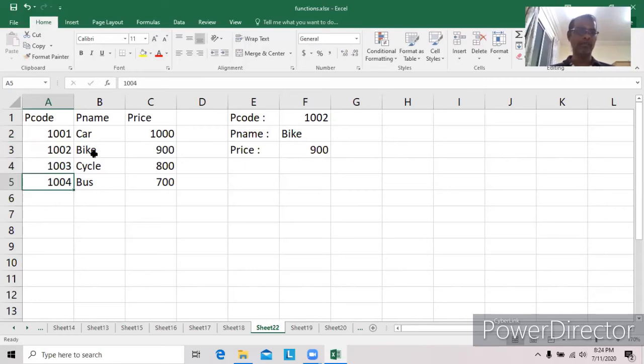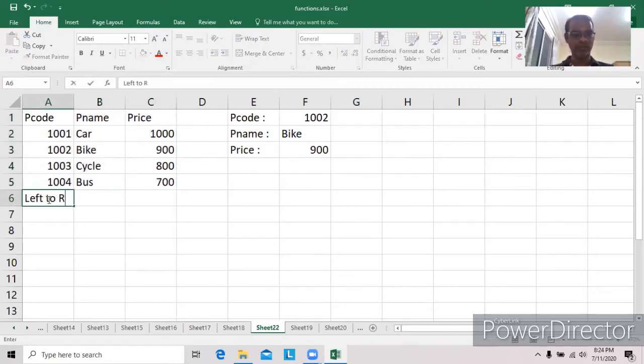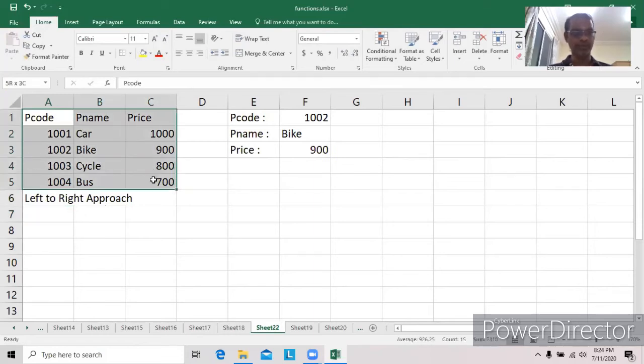Now it's corrected. Okay, so this is the left to right approach. This example is for the left to right approach.